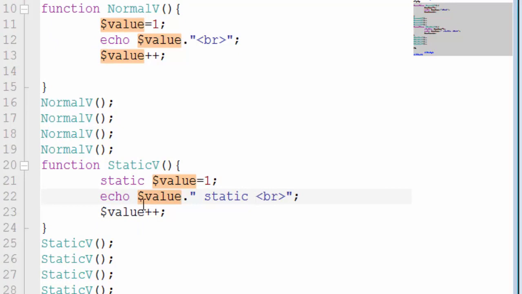Although we don't have any type of condition on that, but when the value executes and prints on the screen, then on the next function call it does this increment.